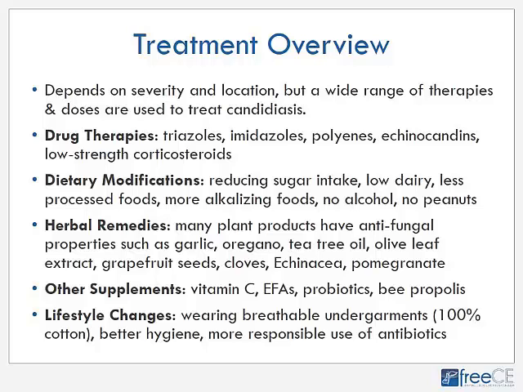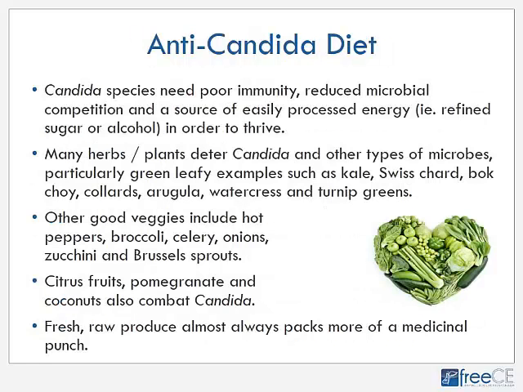more responsible use of antibiotics. As noted previously, Candida species essentially need poor immunity, reduced microbial competition from the friendly bacteria in the gut, and a source of easily processed energy, such as refined sugar, alcohol, etc., in order to thrive and flourish. Many herbs and plants can deter Candida and other types of microbes, particularly green leafy examples such as kale,